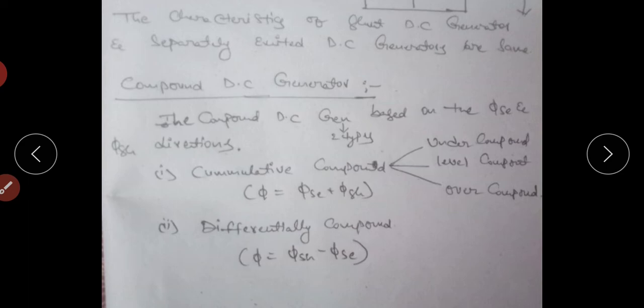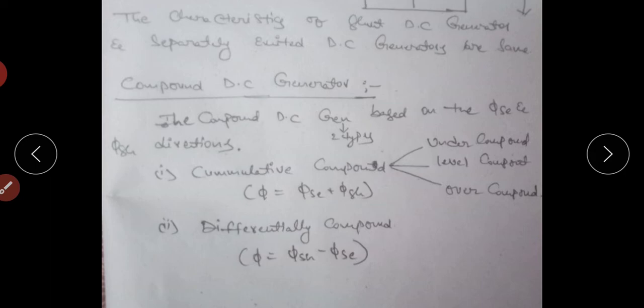Okay, compound DC generators are divided into two types based on the magnetic flux direction. We know that compound generators have three windings: armature winding, series field winding, and shunt field winding. So they produce two main magnetic fluxes: series field winding magnetic flux and shunt field winding magnetic flux. The magnitudes and directions of these fluxes depend on the current magnitudes and current directions. So by changing the series field winding current and shunt field winding current direction, we can change the direction of the series field winding magnetic flux and shunt field winding magnetic flux.